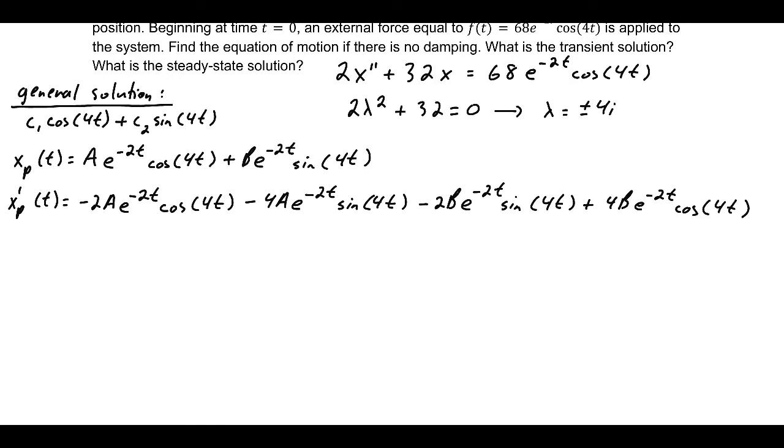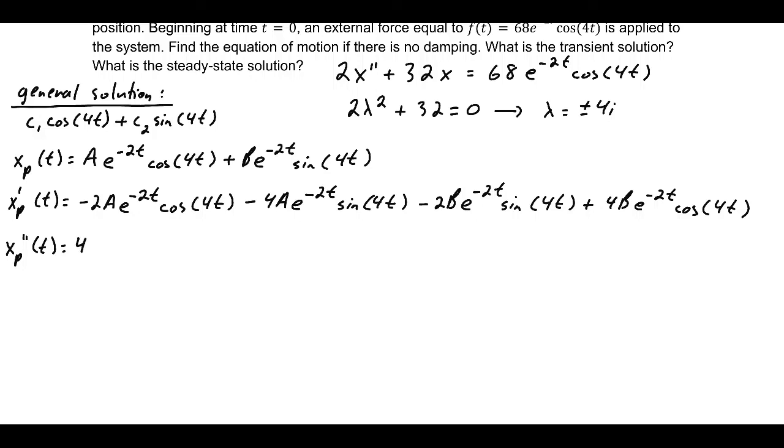Because of the product rule, the number of terms should double, right? Every term should produce 2. So the second derivative is going to be quite long, and I'm not going to combine terms until the end because I make fewer mistakes that way. So x sub p double prime of t